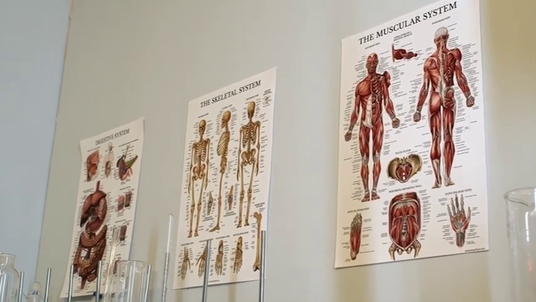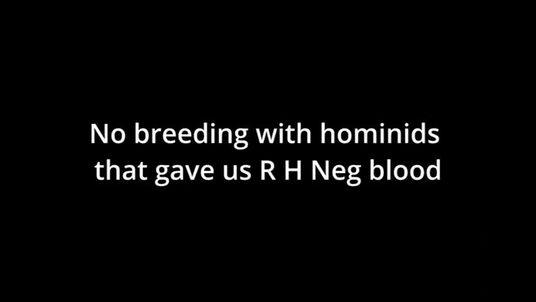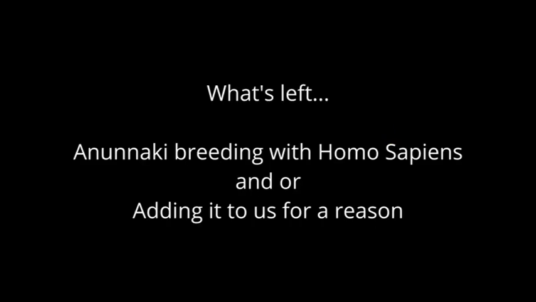So, if no other hominids had Rh-negative blood, we can rule out interbreeding with hominids, and we can rule out Homo sapiens having the Anunnaki Rh-neg blood when they created us. Otherwise, the population would be 85% Rh-neg and not just 15%. This leaves us with Anunnaki breeding with us and/or Anunnaki adding it to us for a reason. Let's look at breeding with us first. Most mainstream